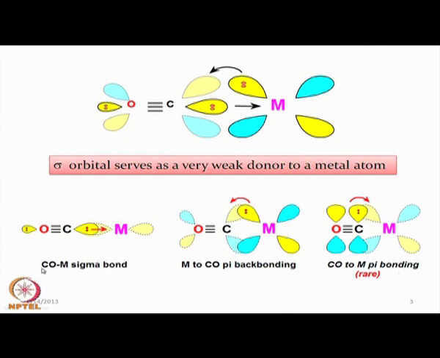So, it can have two good possibilities, that means we can have sigma donation, then pi acceptance from the metal side, as well as the corresponding pi donation. If the pi donation is also there, we get something which is above double bond character, but not triple bond character, and that is why we find a very strong interaction between the metal and the carbon that we all discuss in organometallic compounds, and in some